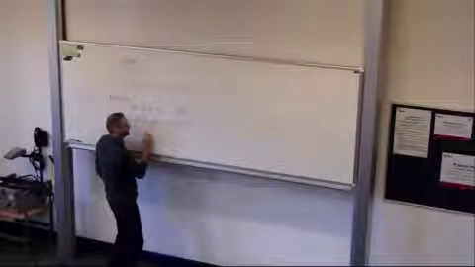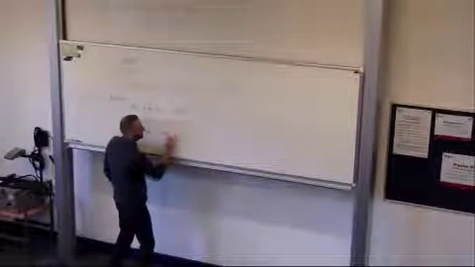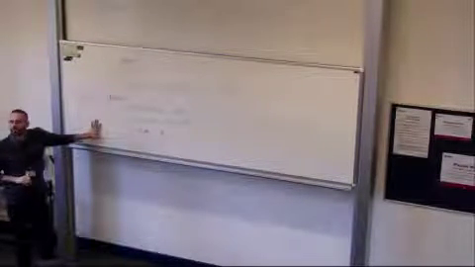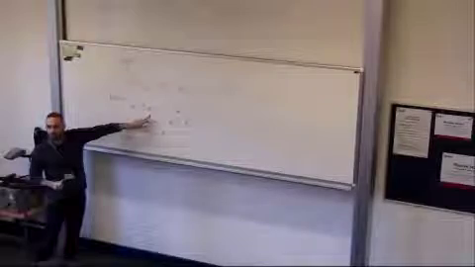W1, W2, and Wn are linearly independent. Okay? The order of a basis is the number of vectors that belong to a basis. Okay? Let us prove